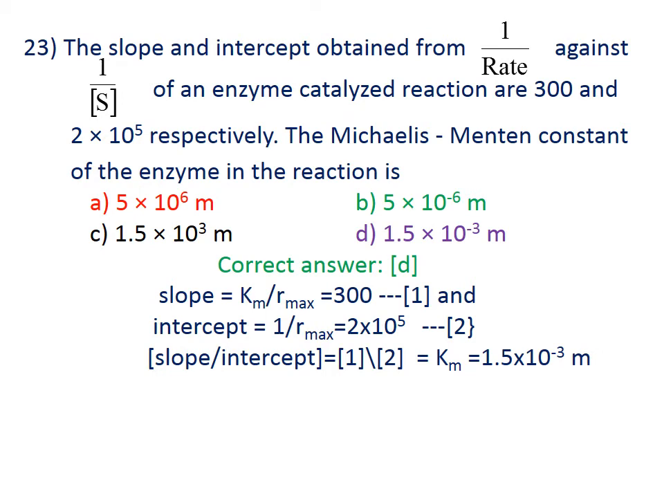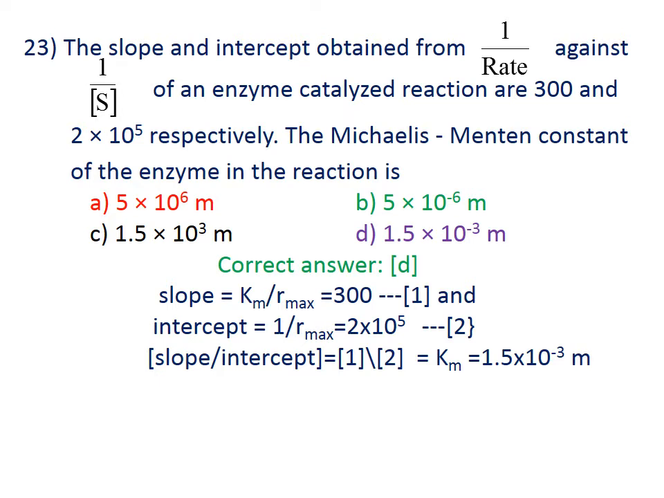23. The slope and intercept obtained from 1 by rate against 1 by concentration of S of an enzyme catalyzed reaction are 300 and 2 into 10 to the power of 5 respectively. The Michaelis-Menten constant of the enzyme in the reaction is